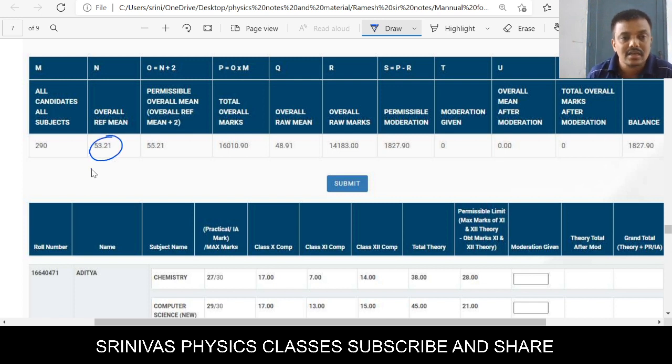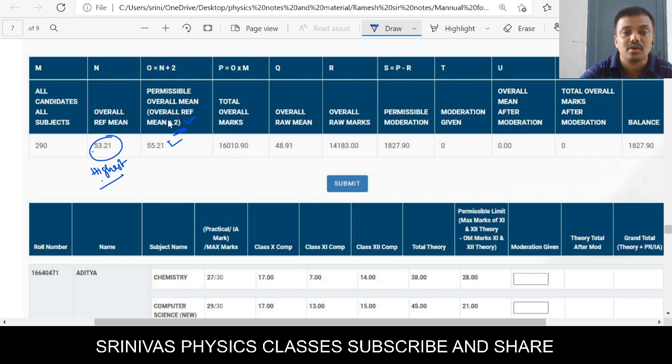Reference mean, the highest performance, best performance in the last 3 years, is 53, but it is asking to moderate. Permissible is only +2. You can increase the school overall average by only 2. If you increase every subject average by 5, then the overall average also increases by 5, but the overall average must be increased by only 2.